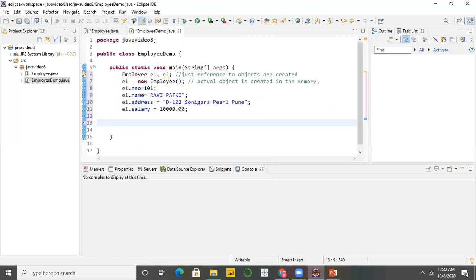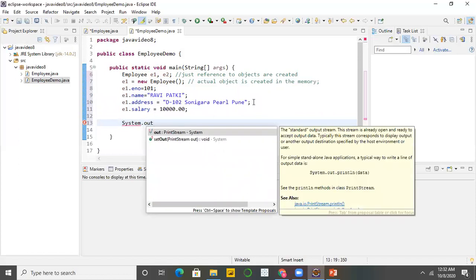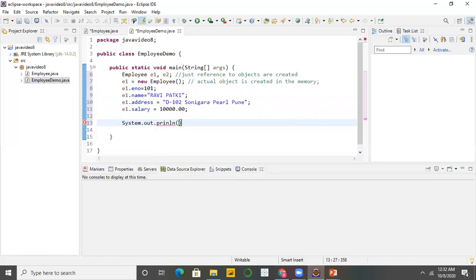Now how to access the methods? Suppose I want to print the monthly salary of my employee. So System.out.println, monthly salary of employee equal to, and I want to display that salary.